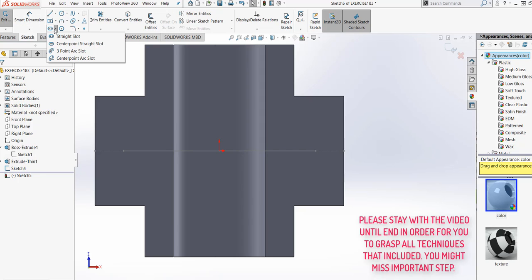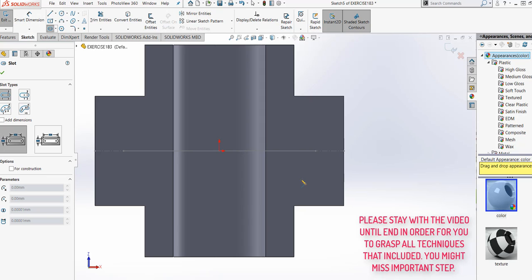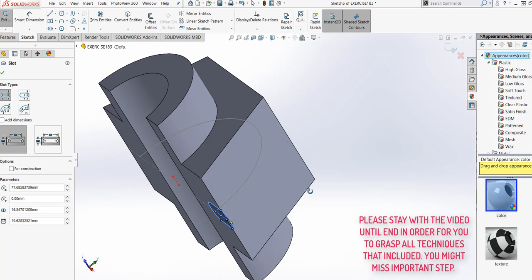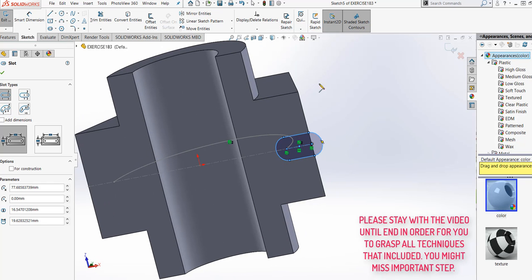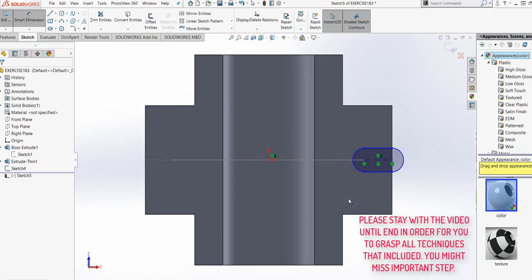Let's do a straight slot. So it's a straight slot that we're making.